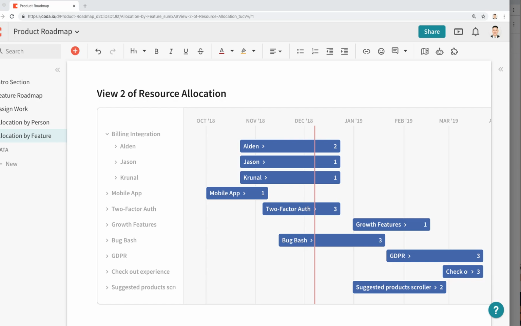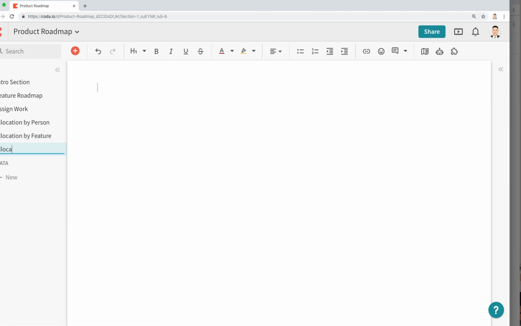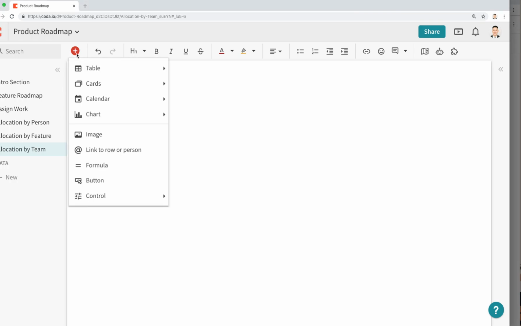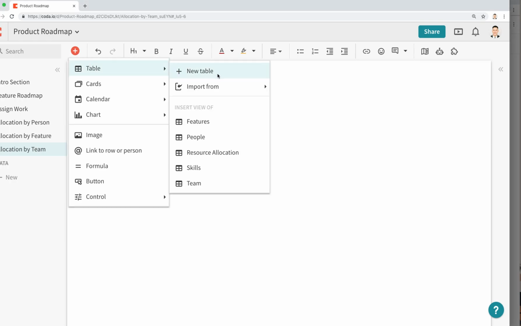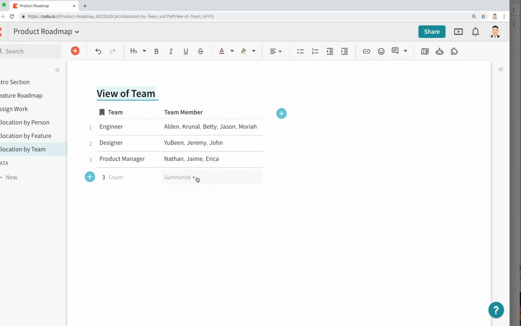And finally, a nice bird's eye view that you can also see is allocation by team. So we know all the individual people that are working on these features, but sometimes we want to just see overall who is working on the total effort, the team level effort. So if I insert a view of the team here, we know the individual team members that are working on all these different things, but let's say I want to figure out the total effort by team. I'm going to put something here called total effort,